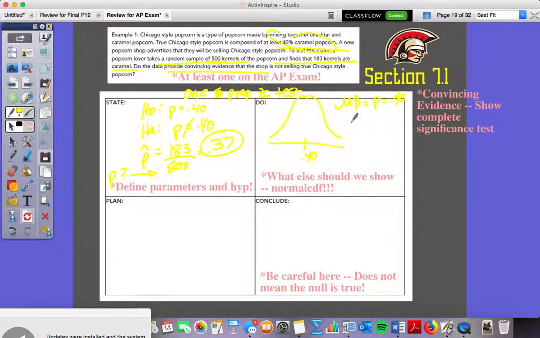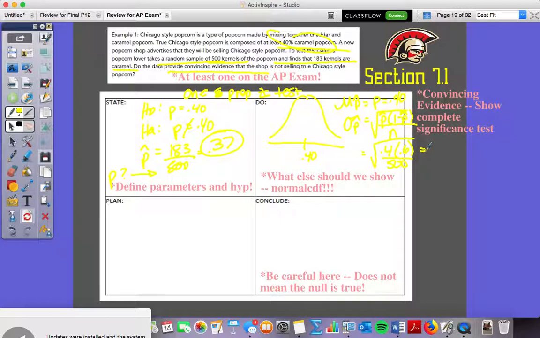The sigma of p hat is equal to the square root of p times 1 minus p all over n, not p hat. I'm sorry. So p would be 0.4 in this instance: 0.4 times 0.6 divided by n, which is 500. I'm taking this a little bit further just so that we've gone through one, y'all. This would be